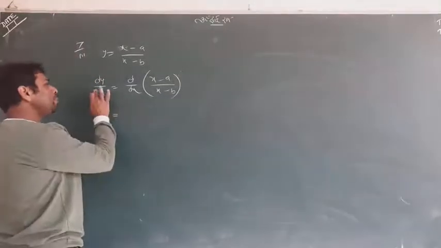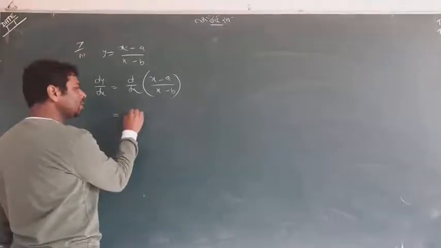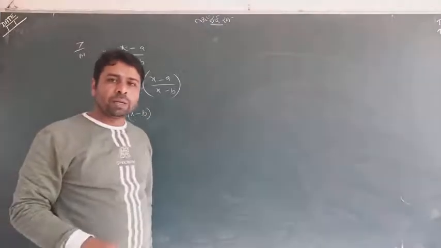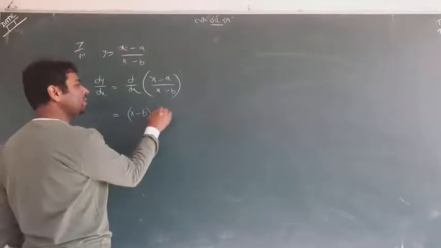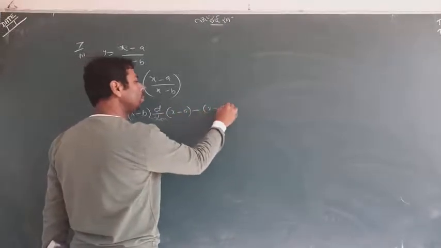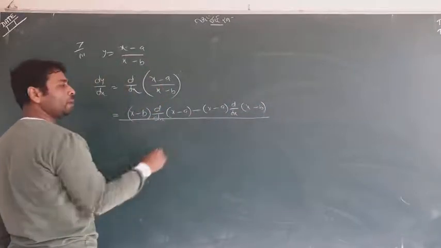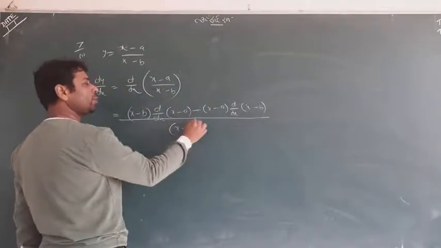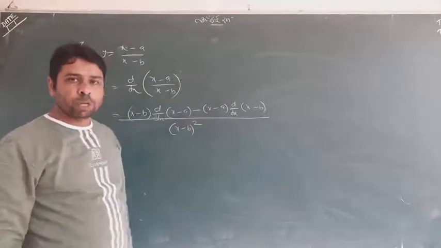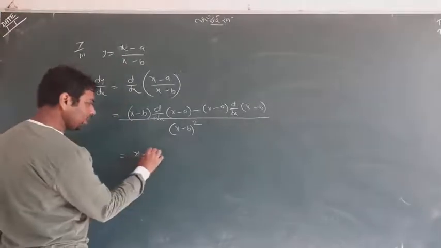Now, one can simply predict that it is a division. So you know the division law: denominator as it is, and I taught you that when two terms or three terms are coming, use a bracket. So d by dx: denominator times differentiation of numerator, minus numerator times differentiation of denominator, upon the square of the denominator. I'm using brackets everywhere because it was a binomial. Wherever two or more terms are coming, use a bracket. Okay, x minus b is coming as it is.